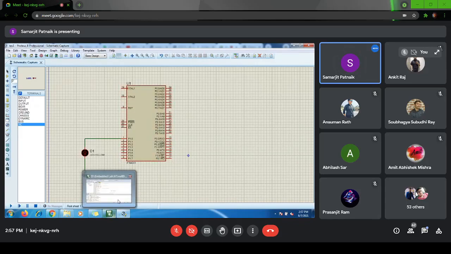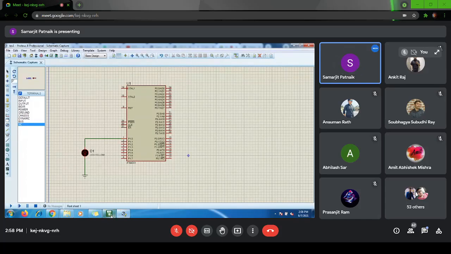Similarly, I will just show you the Microvision Keil part. So if possible, try to install all these things by today and tomorrow. Maybe on Monday we will be having the same class once again. If you have any doubts on this installation or setup part or this blinking of LED part, no need to worry. Just look at it once so that you will understand what you have to check.